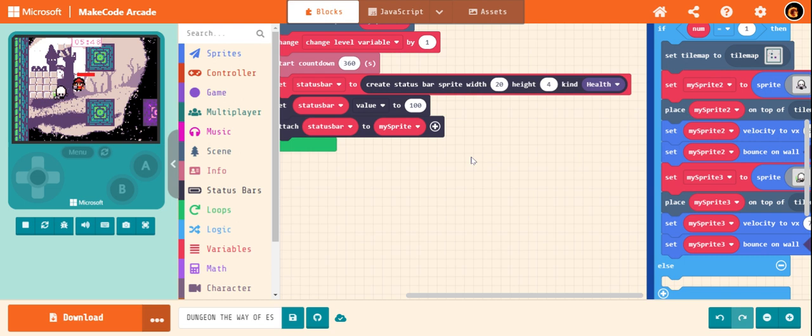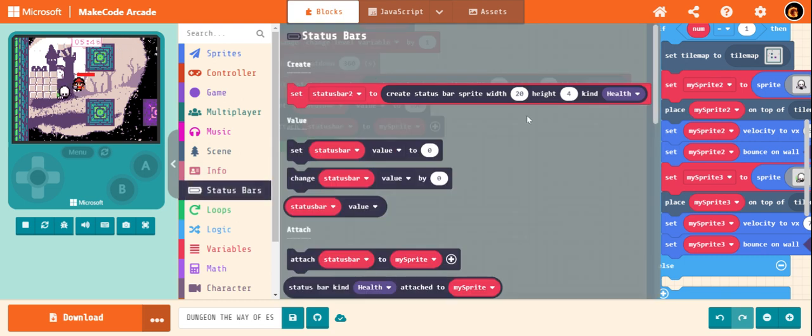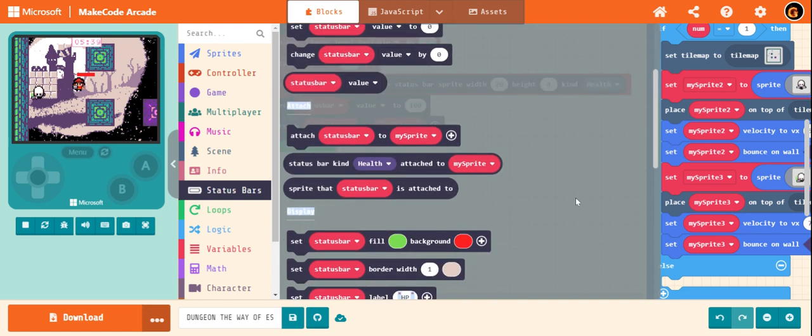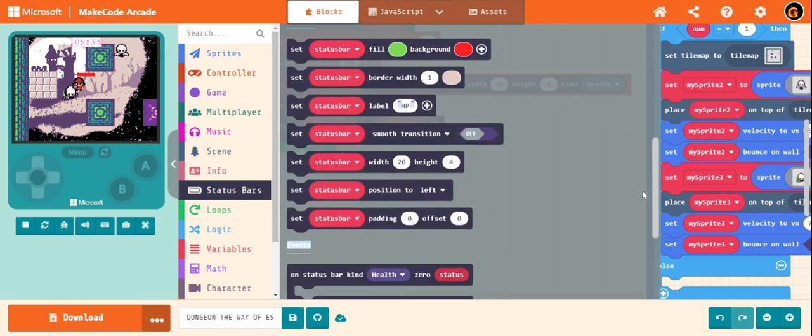Fine. Then let's add something different. When the status bar value becomes 0, where is it?